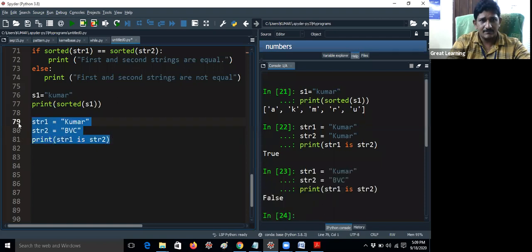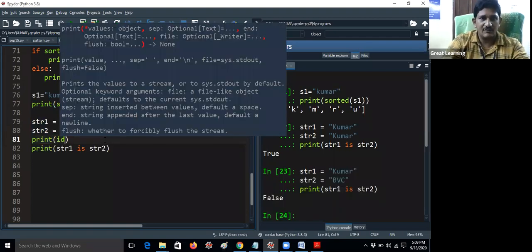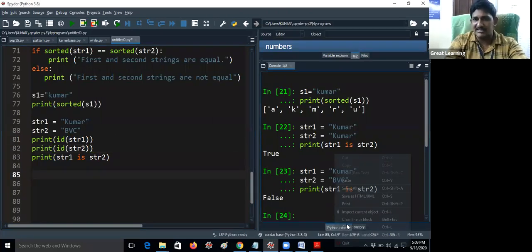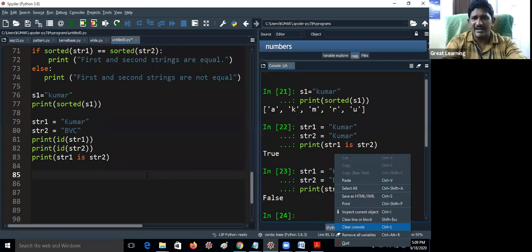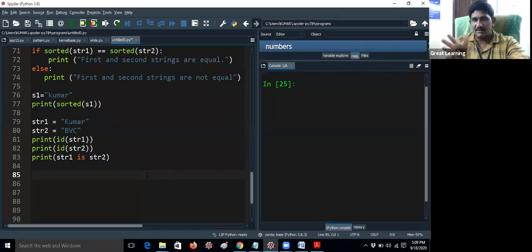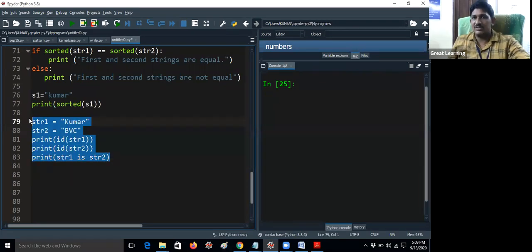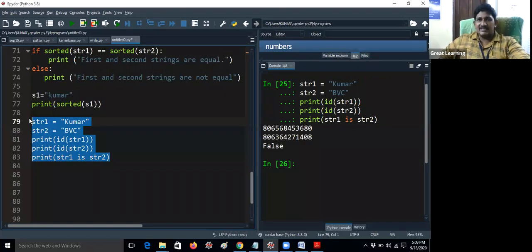Okay, so it will work if you're giving str1 here. And if you're giving print of id of str1 and id of str2, both ids will be printed. Some students also asked me in the feedback link, id is just like a memory address, sir. Yes, that is for memory purposes only, because you may get a different result in your system. Okay, according to C language, a is a